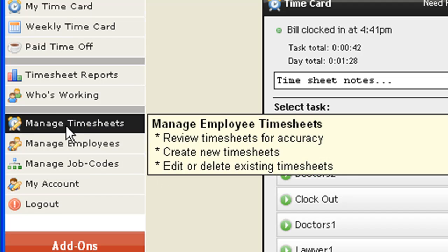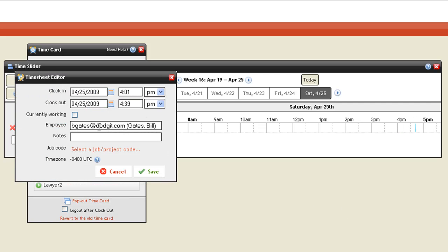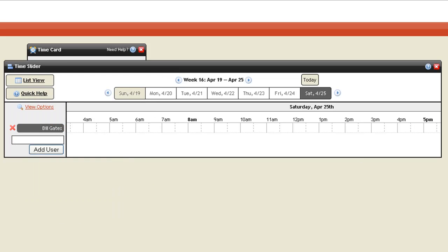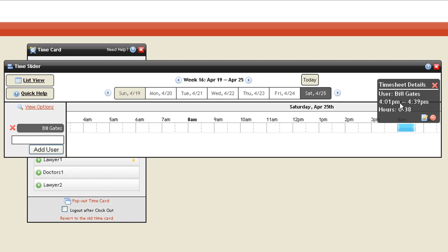Let's see, manage timesheets. This is a graphical way to do time tracking. So this is me running right now. It's 4:42 in the afternoon. So let's say I worked from 4 to then, and at that point I was working on lawyer 1 and work at my fave client. Hit save. See? And actually you could just click on it to get the details as to who it was, how long they did it,